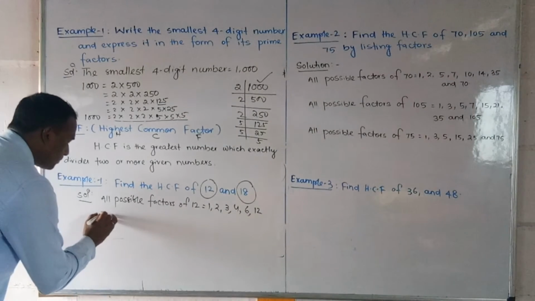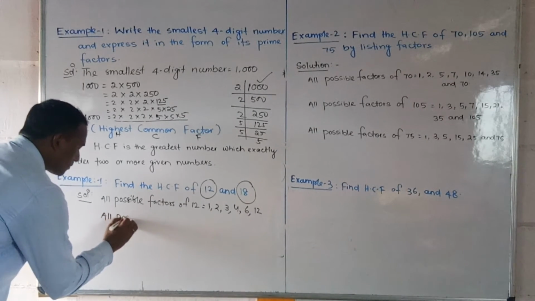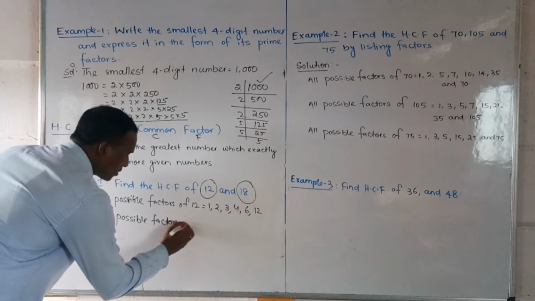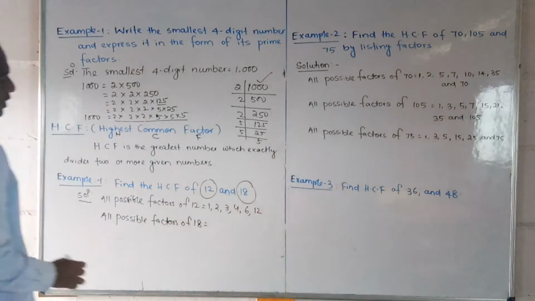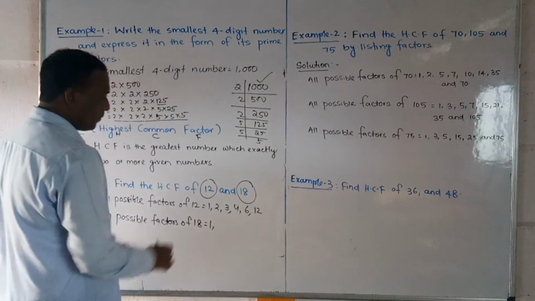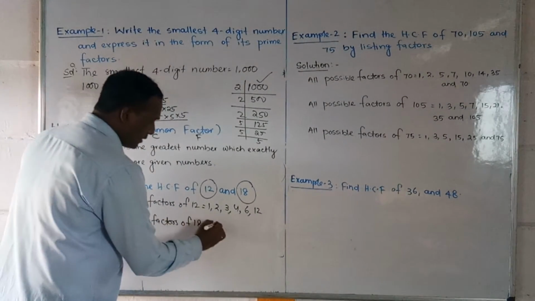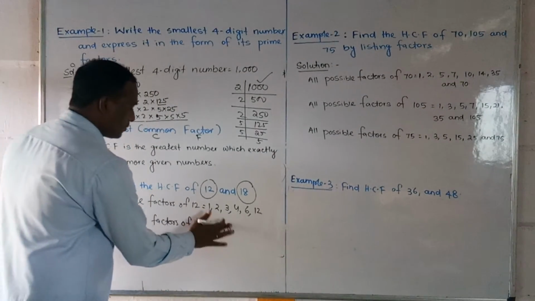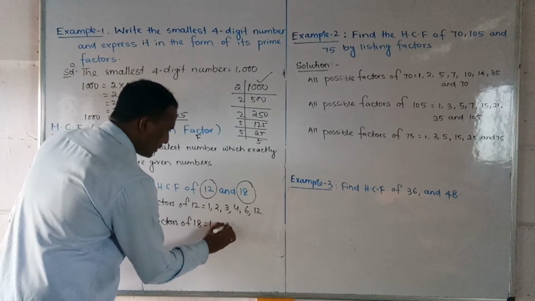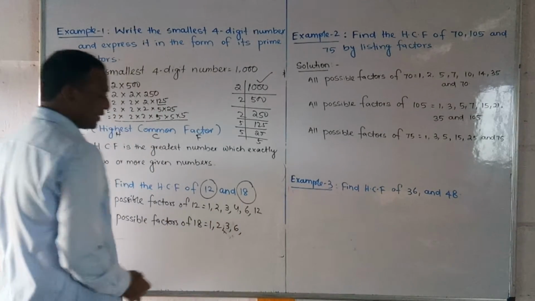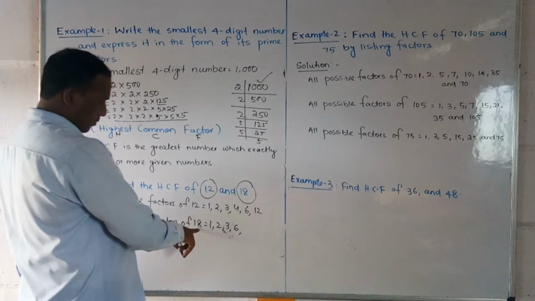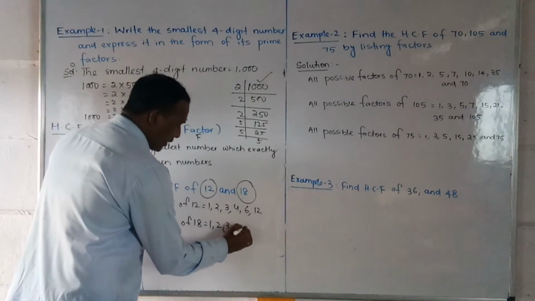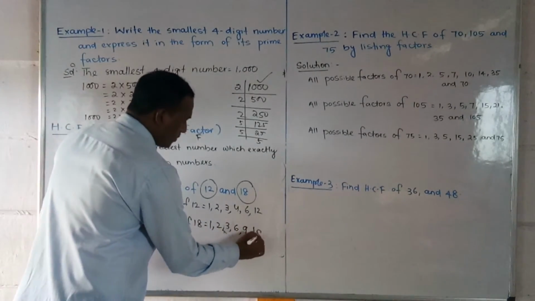Same like students, all possible factors of 18. पहले 1 चेक करना है. 1 तो compulsory, 2 is divisible because 2 9s are 18, 3 6s are 18, so 3 is divisible, 6 is also divisible, 6 3s are 18. 6 के बाद 7 नहीं होगा, 8 नहीं होगा, 9 2s, so 9 divisible. Next 18. Did you understand, friends?